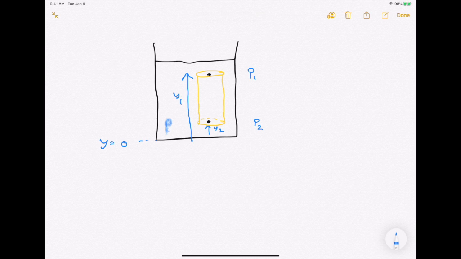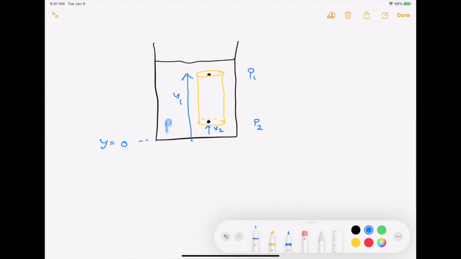All right. So what we're going to do now is we will calculate